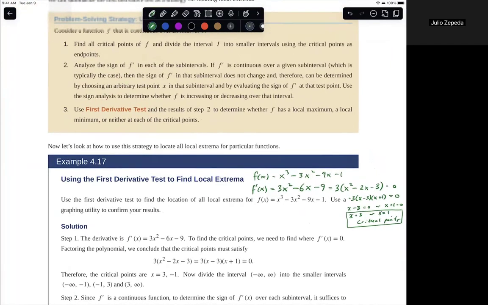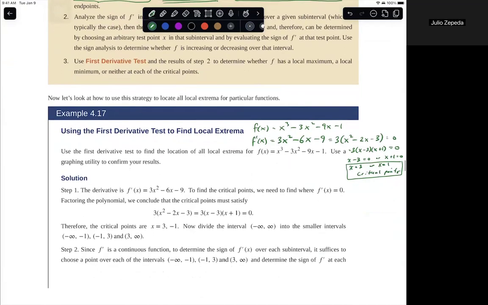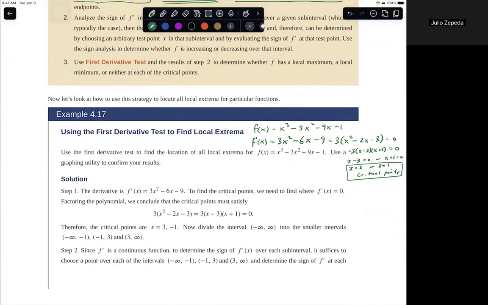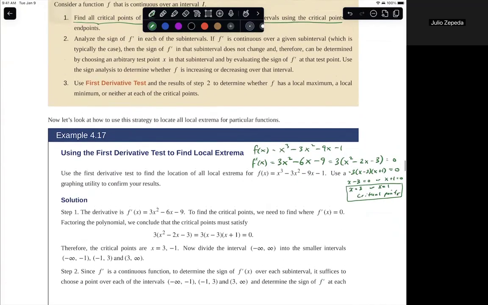So what we can do now, once we find the critical points of f, is divide the interval I into smaller intervals using the critical points as endpoints. And so what we're going to do is draw a number line. And we're going to split up the real number line from negative infinity to positive infinity in this case, into,